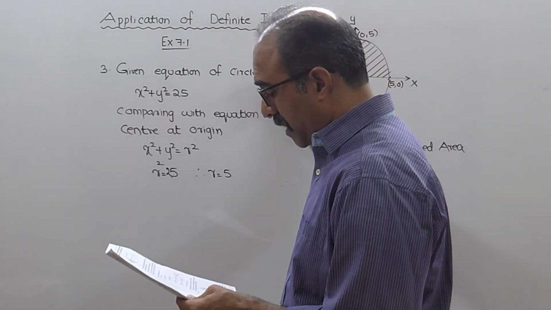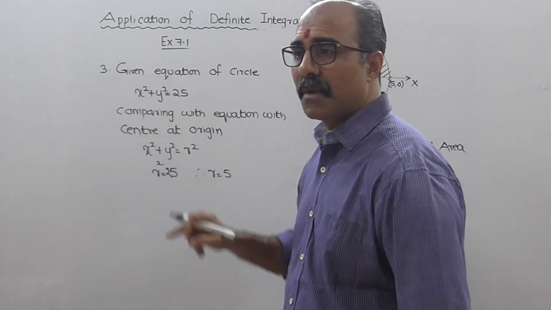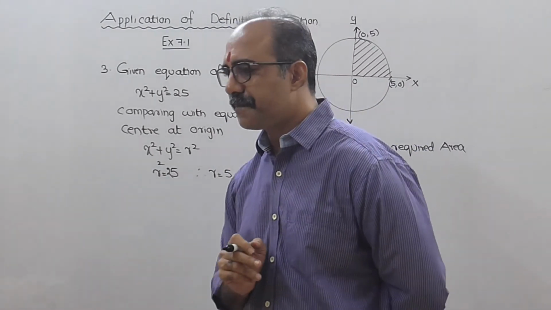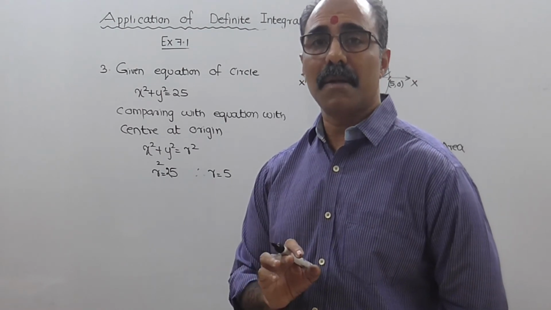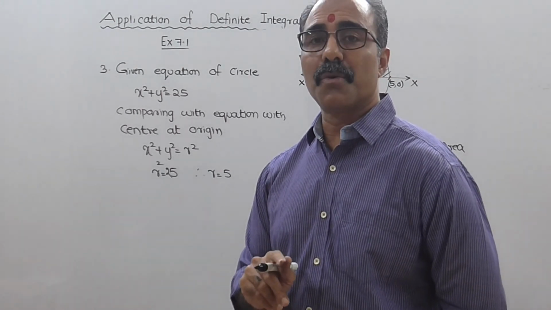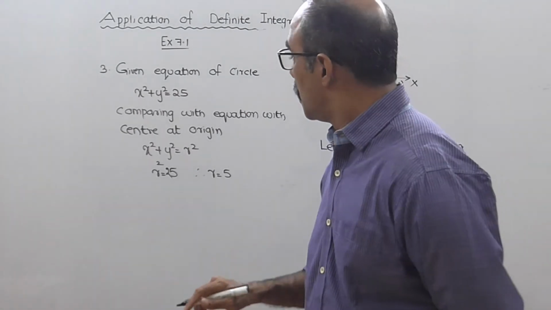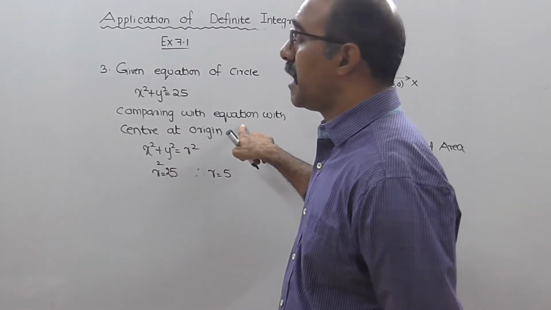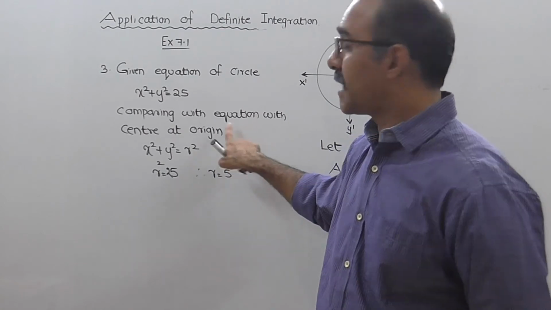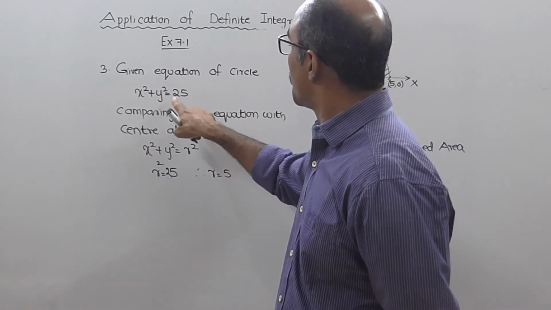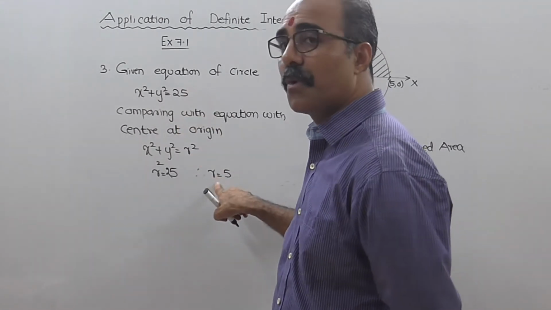They have given the equation of the circle as x square plus y square equal to 25 and you have to find the area of the circle. So generally the area of a circle is defined as pi r square. At least you must be knowing that. But we are not going to use the concept of pi r square, we have to use the concept of definite integrals. So there is an equation of a circle in center radius form, which is x square plus y square equal to r square. So if you compare with x square plus y square equal to 25, you get r square equal to 25, r equal to 5.